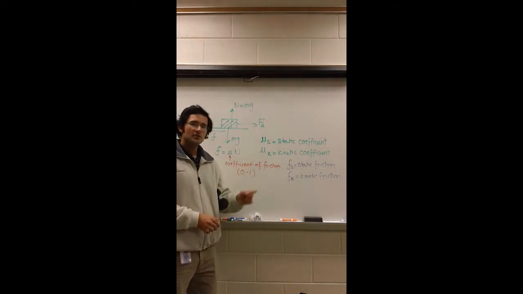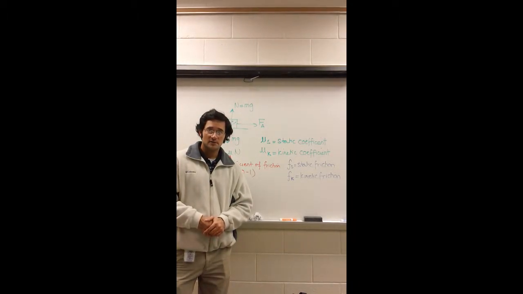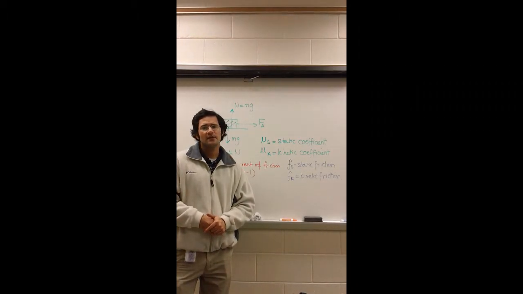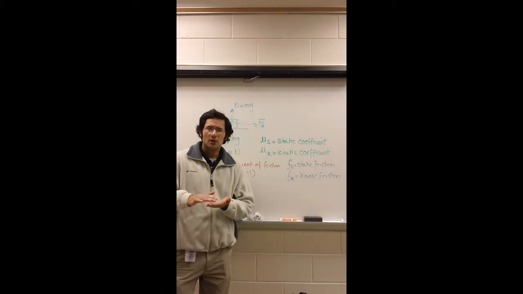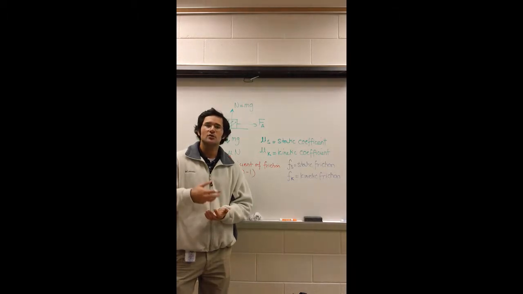The coefficient of friction is a number between 0 and 1. It tells you how rough or smooth the surface is, and it depends on the material the surface is made out of. So when you have a very smooth tabletop, then the coefficient of friction is going to be a number closer to 0. It's a unitless number, has no unit, and if it's a very smooth surface, then the coefficient of friction is going to be closer to 0. It's going to be like 0.1, 0.15, 0.2.